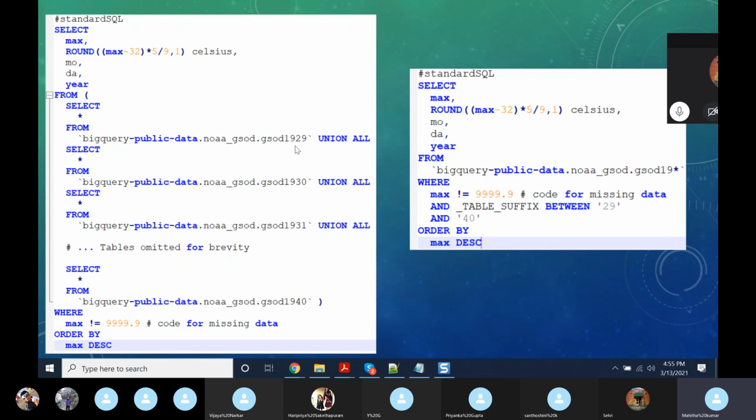Before, we were giving the table names individually. Here with a single line we are getting it: see the GSOD 19 star. Otherwise we have to give 1929, 1930, 1931. In general SQL, this capability is not available. This is a benefit of BigQuery.